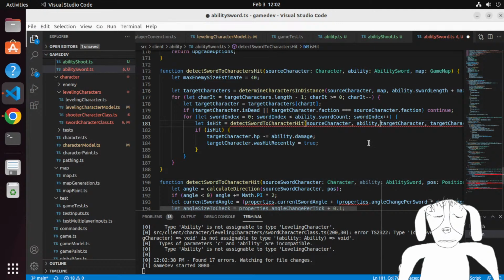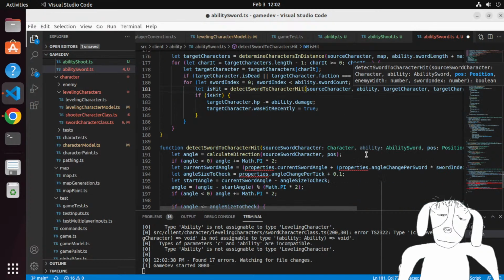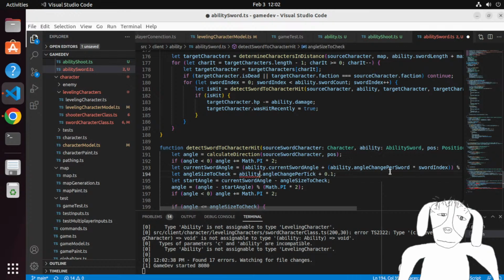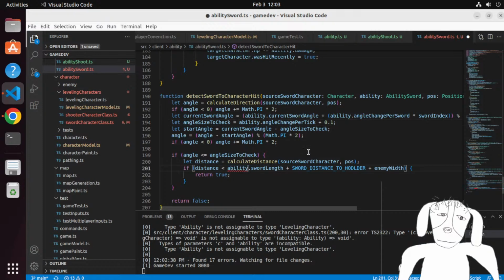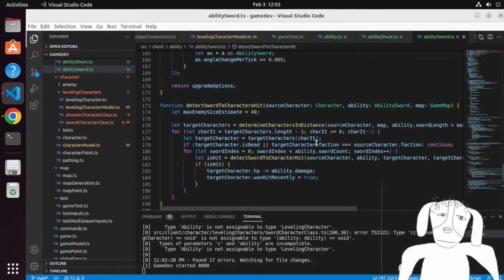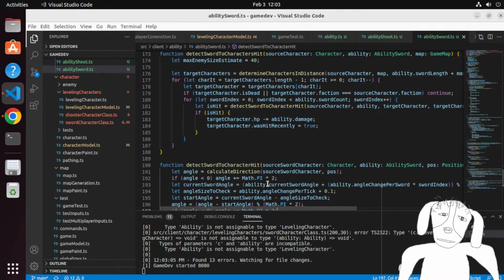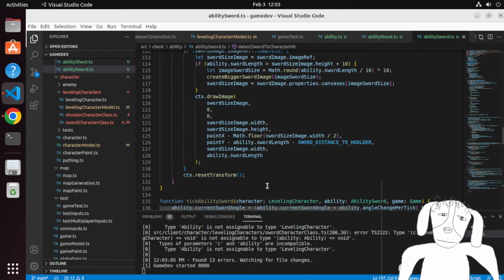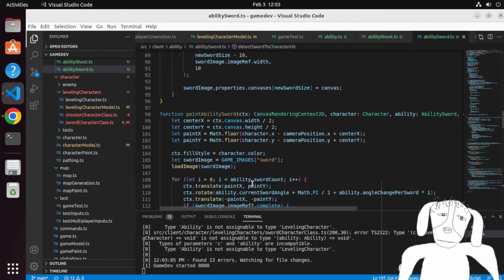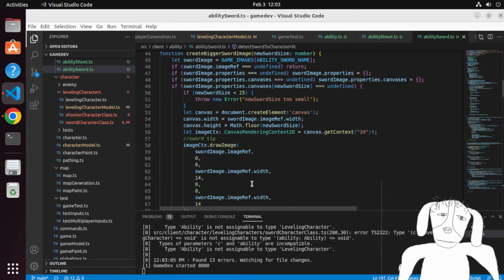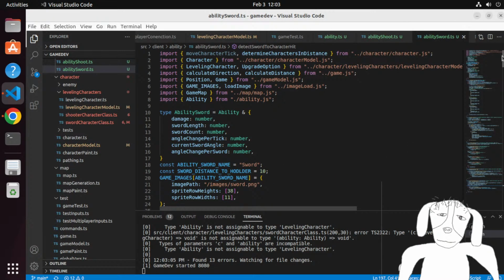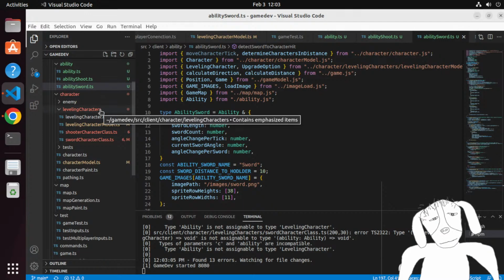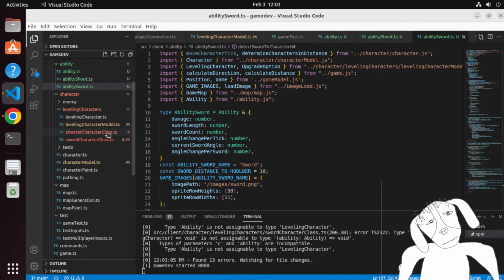Let's put the ability in here. Seems to work for now. And now